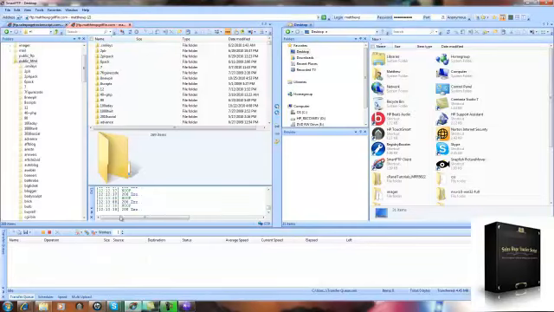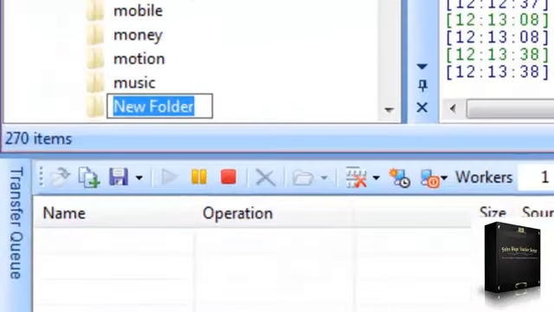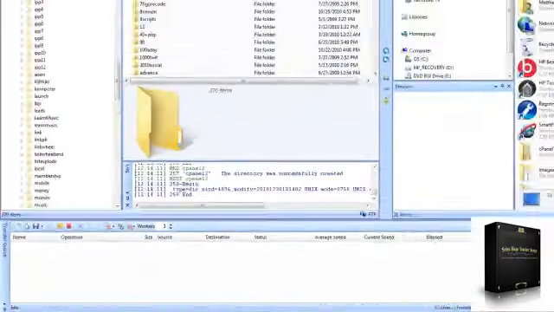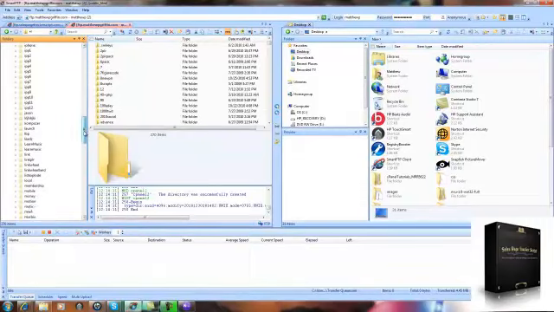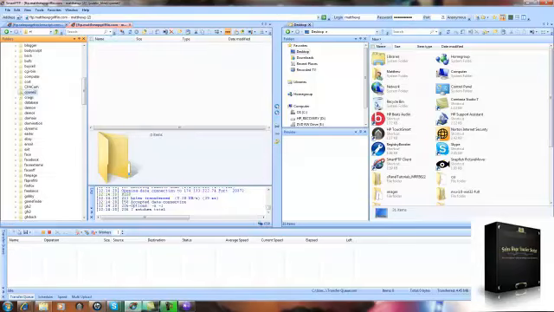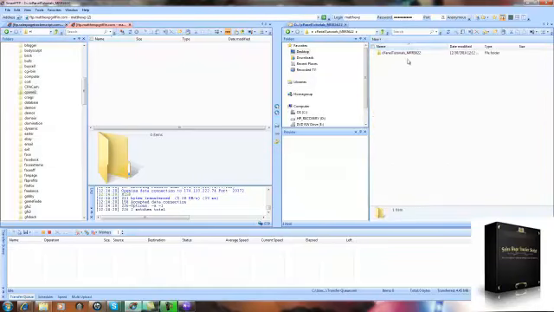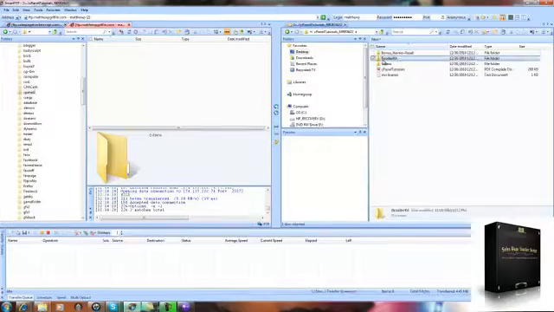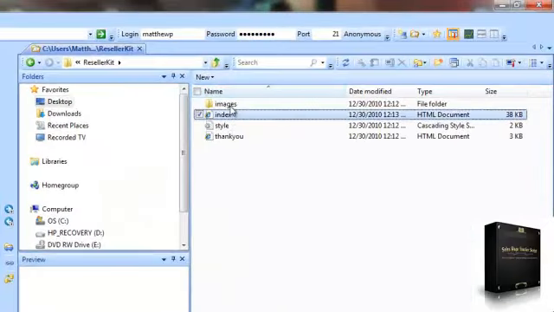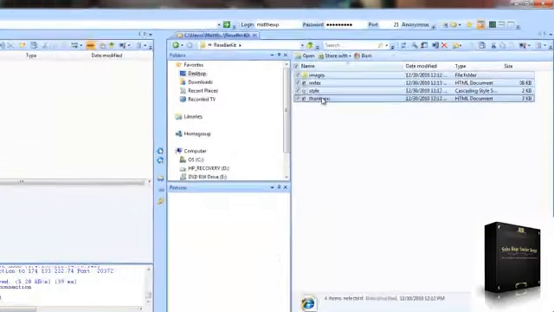I use SmartFTP. Create a new file in there, and we'll call this cPanel 2 because we don't want to use our regular cPanel. So let's find our cPanel 2. Here we go. And then we're going to go find over here on our local browser inside our file transfer. Here's the reseller kit. And I'm going to go ahead and upload all of these across real quick,